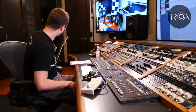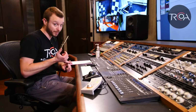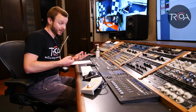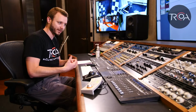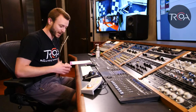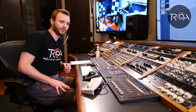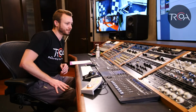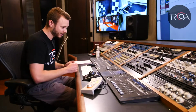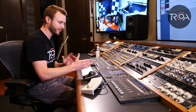But with the active pickups, as I said, they're going to be brighter. It's going to be more sensitive to individual picked notes. If you were trying to do something with a softer feeling pick style, an active pickup might be a little too aggressive for that because it's going to be really, really bright and really, really pointed. But I'm going to show you some stuff we can do with the amp too that'll let you kind of dial that in a little bit more,